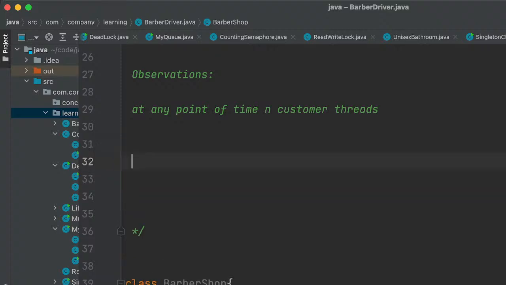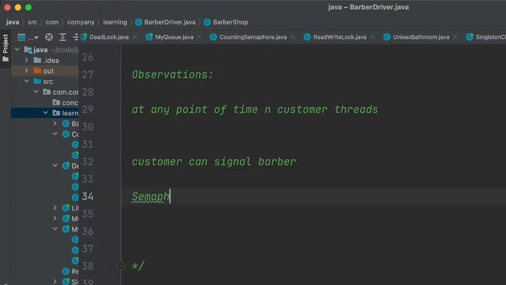Second observation is customer can signal barber, right? It means that we cannot use mutex. Mutex is exclusively for protecting the shared data. So the signaling mechanism can be supported by semaphore. So we will be using semaphore to perform this action.